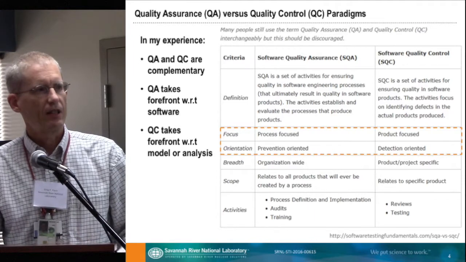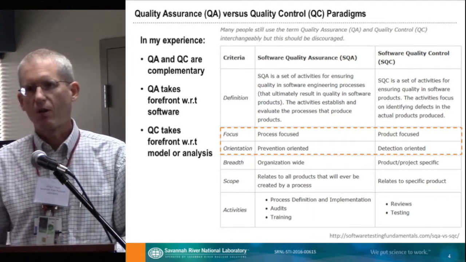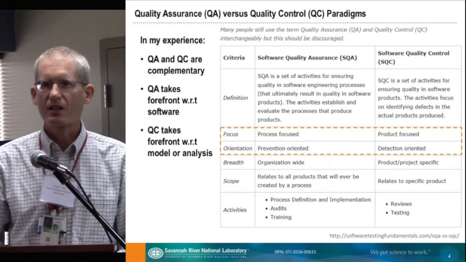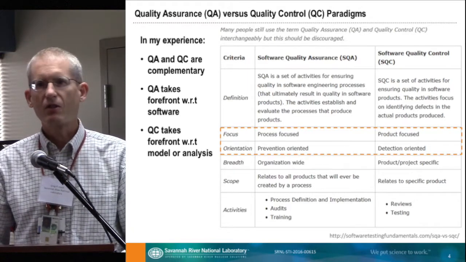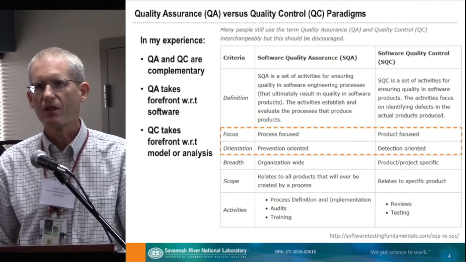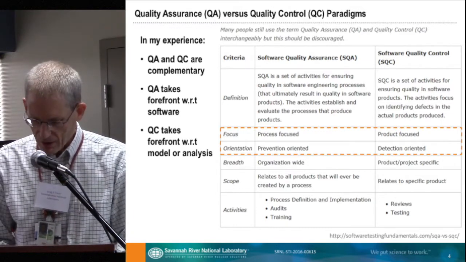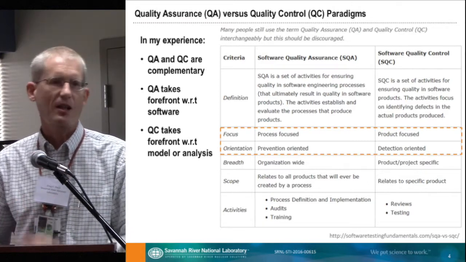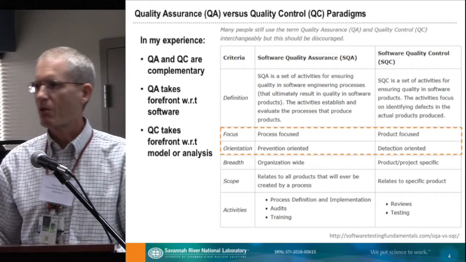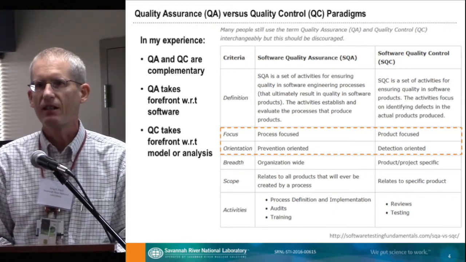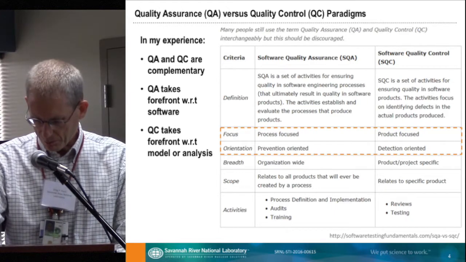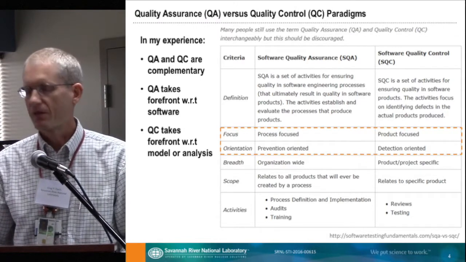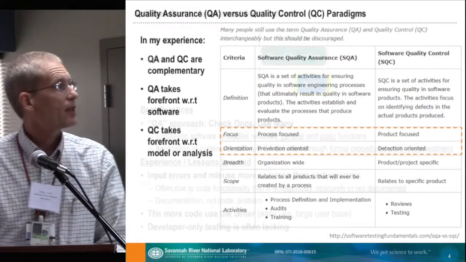So the idea is if you're in the business of making widgets, quality assurance would be the steps that you use to develop a sound manufacturing process and all the steps you use to give yourself assurance that any future products produced will be sound and not faulty. Versus the quality control measures would be you standing at the end of the production line, and as the widgets come off, you're waving your wand over them or whatever, testing each one individually and detecting whether a flawed product has been produced. And so I'm going to apply these two concepts now to a PA analysis. Let's see, next slide.